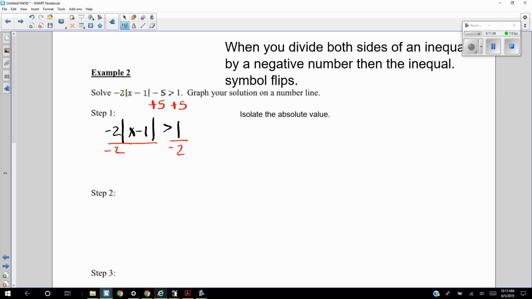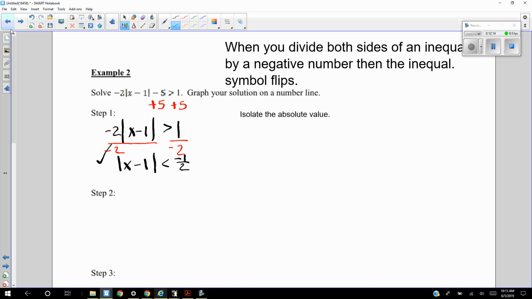This isn't something that showed up too often, but if you remember from Algebra 1, when you divide both sides of an inequality by a negative number, that symbol flips. So now we've isolated the absolute value, and this is actually a less than problem. So you're going to go back